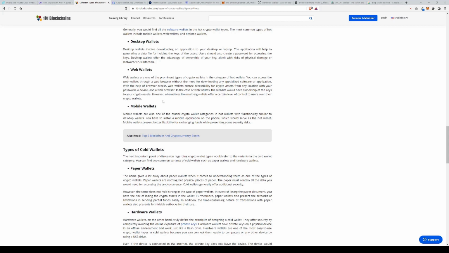So in a way, you can kind of look at these exchanges that allow you to custody your digital assets on them as a type of web wallet, because you're going to access that exchange through a web browser with your password, and you might be able to use a 2FA authenticator or something like that that would give you more security. But the issue with those types of wallets is that you don't hold the private keys. And there's a saying in the digital asset space, not your keys, not your crypto. Essentially what that means is that they control it.